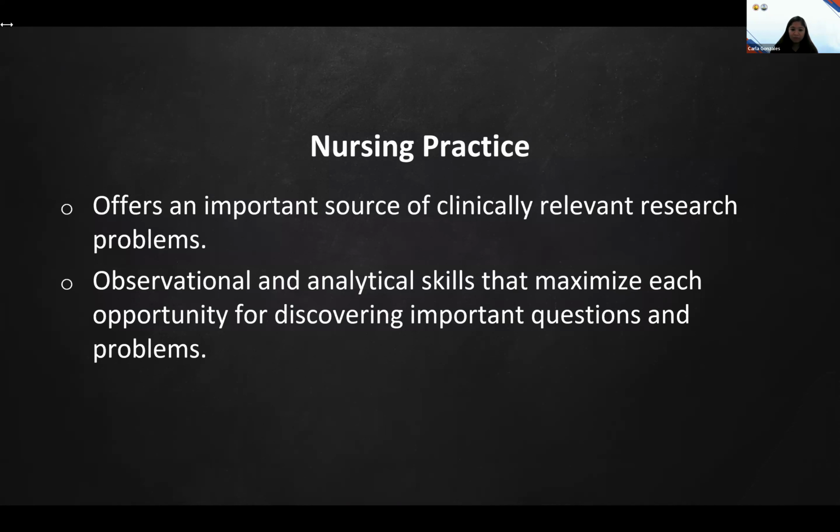Current pain assessment protocols in your hospital may not adequately capture the post-op pain experiences among patients, especially during the evening shifts. And then you could look for sources of literature. You could check the documentation of the patients, their charts. You can look at clinical guidelines and other previous studies.